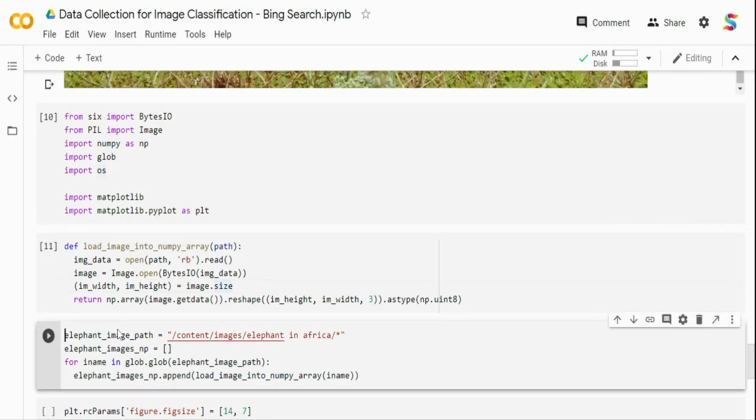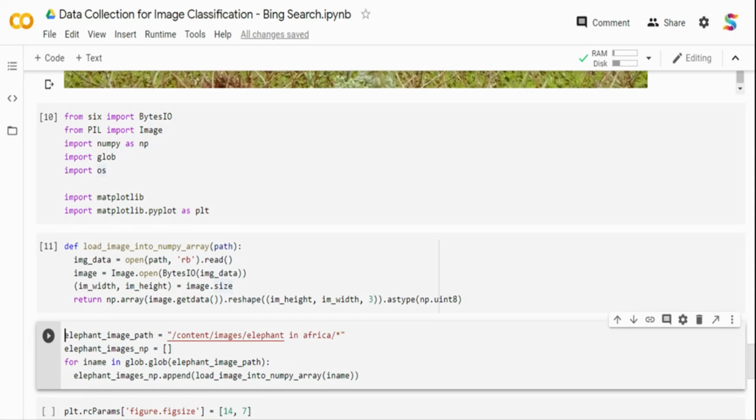And the next one, I'm taking all the images that are there. The star means it's a wildcard, all the images within the elephants in Africa folder. I am initializing an empty list object.